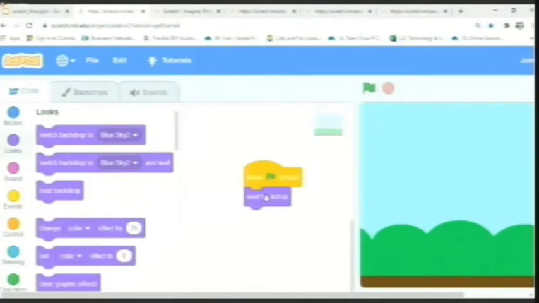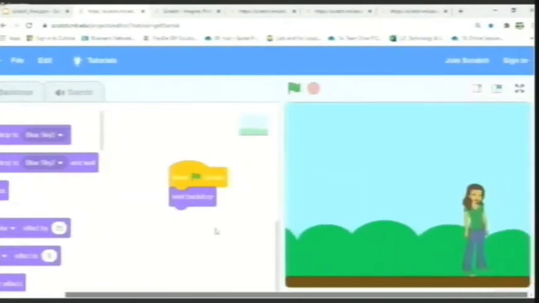What does this next backdrop do? Let me scroll down for you to see. It flips between the two costumes which were available, one with the cut bush, one with the uncut bush. Let me show you. See, when I click it, the backdrop automatically changed.